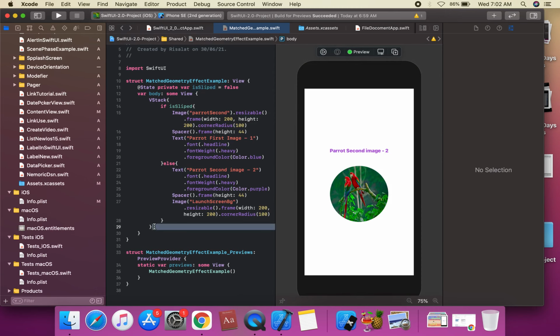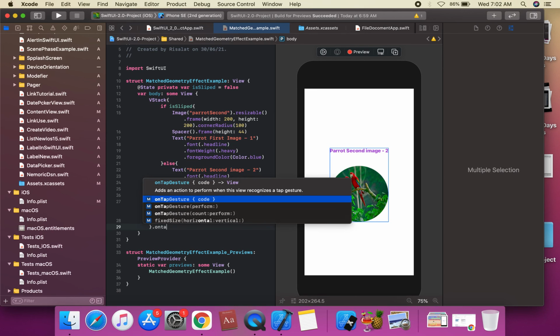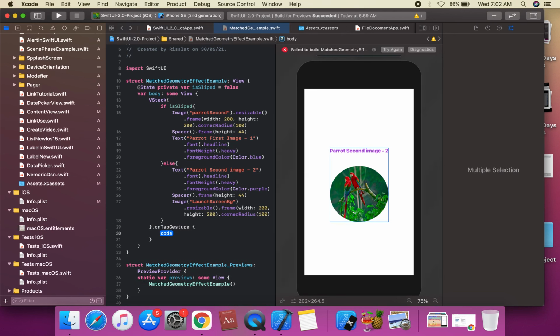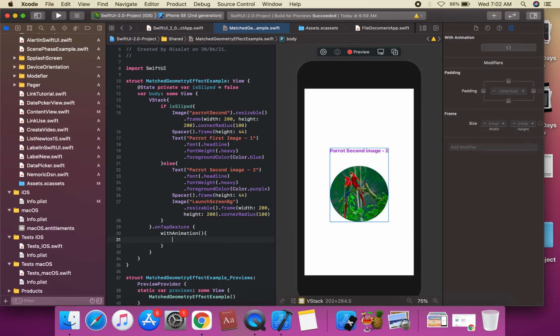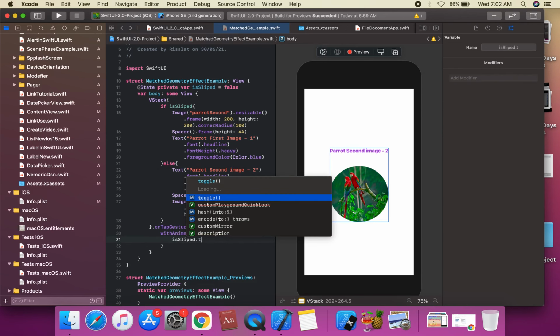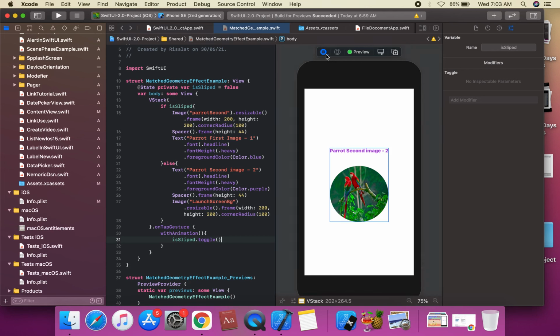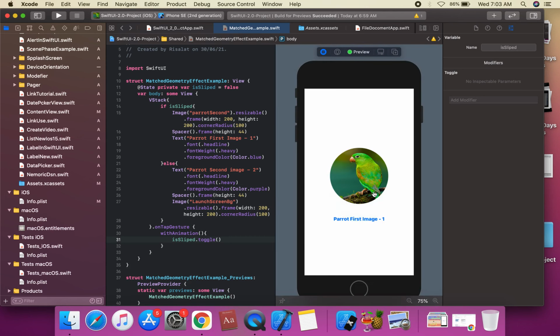We create a VStack and apply an onTapGesture with animation: isSleeved.toggle. We toggle the parrot first image, and we're going to apply the matchedGeometryEffect.